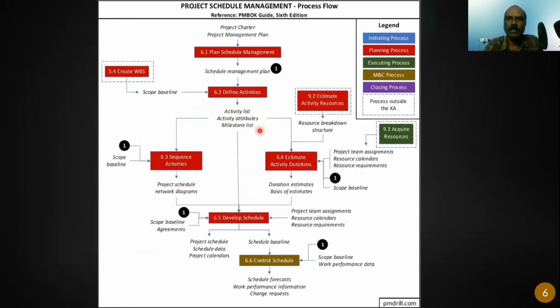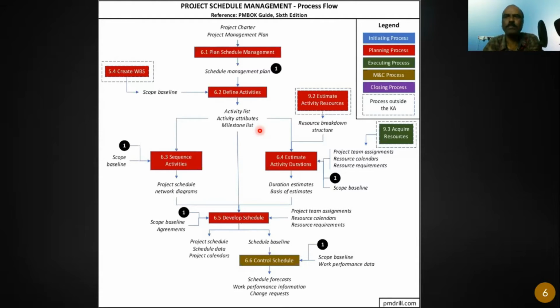Like for example, if you are using Microsoft Project, what columns you need to add? Maybe I want to add the name of the activity. I need to have an activity ID. I need to add maybe the start date, finish date, dependencies, right? Percentage complete. Some remarks column, maybe what you want to add, you can define here. What are the attributes? What are the properties we need to include? So that is called activity attributes.